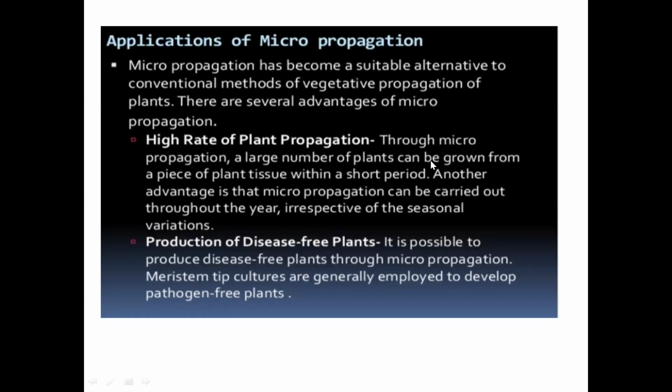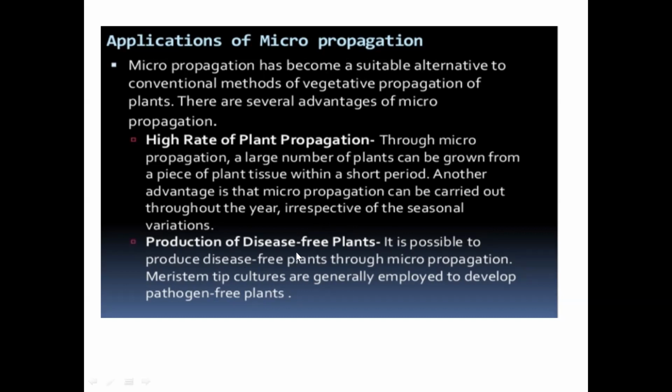Applications of micropropagation: it has a huge potential. Now it is the only potential for revival of plants which are endangered. For drug development, people used to go into the forest in search of plants. That is all illegal now. And there has been a lot of research on how fast you can propagate such valuable plants. Since it has a high rate of propagation, it is definitely very advantageous.